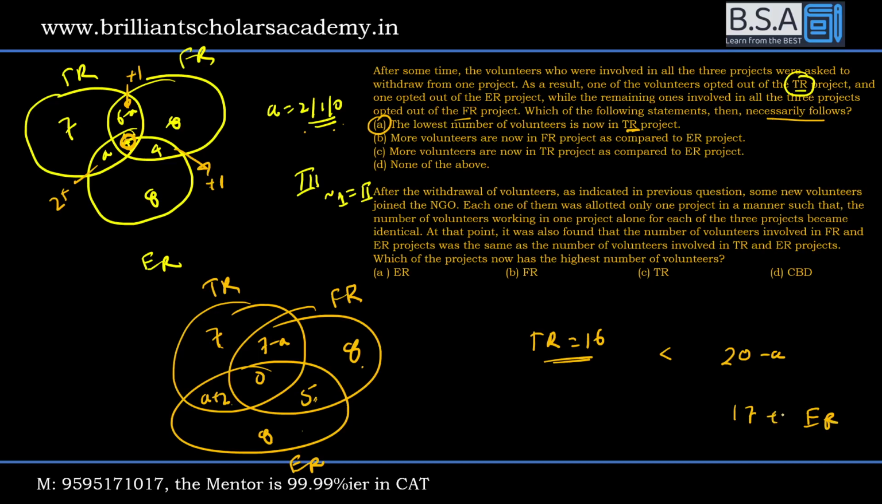ER में 17 + a है, is it more than 16? Yes, this is true। बाकी चेक करने की जरूरत नहीं है, बट अब कर देते हैं आपके लिए। More volunteers are there in FR than ER। अभी देखो ये FR है और ये ER है, दोनों में वेरिएबल a, अगर a का वैल्यू 2 हो जाए तो ये बन जाएगा 18 और ये बन जाएगा 19। Is 18 more than 19? Not necessary।